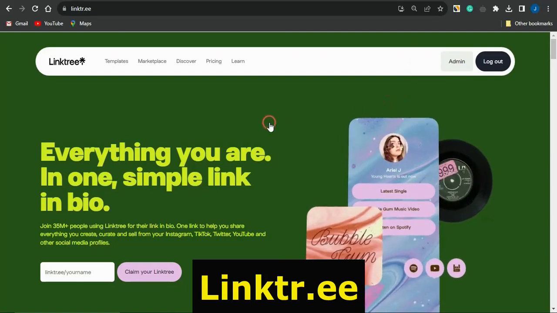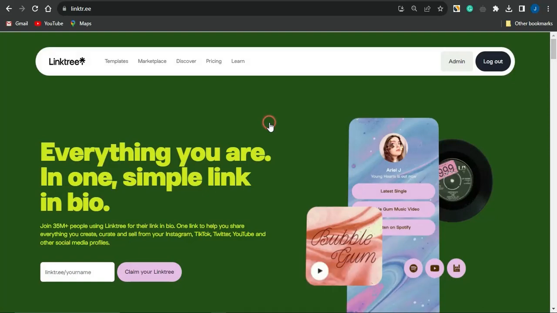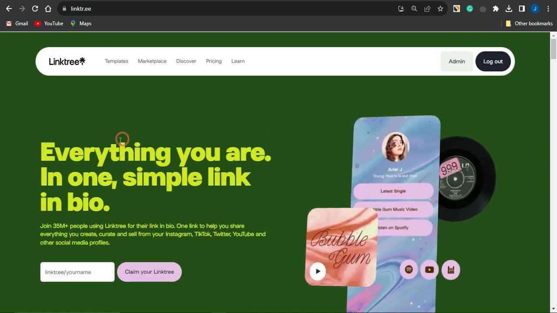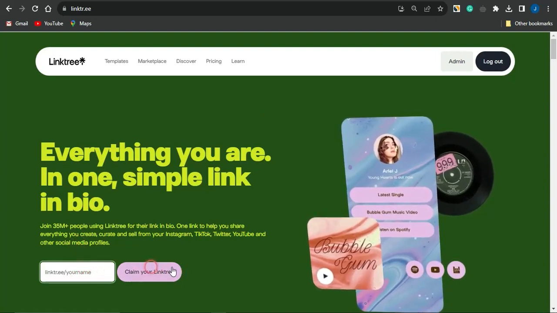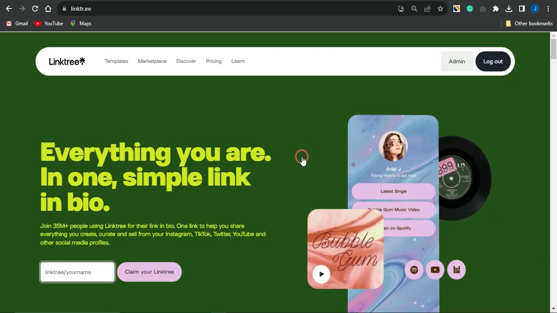And if I use this platform right here called Linktree to actually go on to promoting my CPA marketing offer, because this link platform is actually going to be in form of a landing page or a bridge page right now. You just want to go on to signing up for free, put in the username which you want right here on this platform, and go on to claim your Linktree, fill out the form which will be shown,